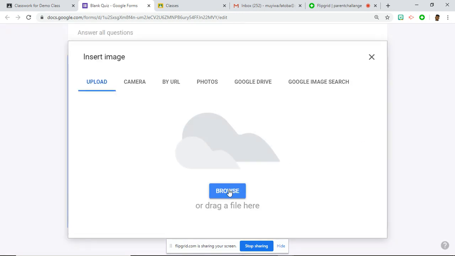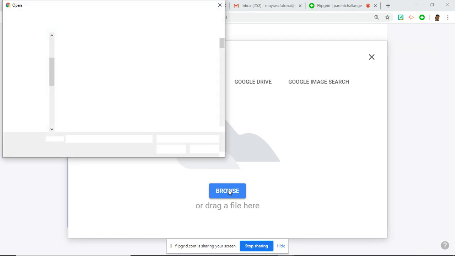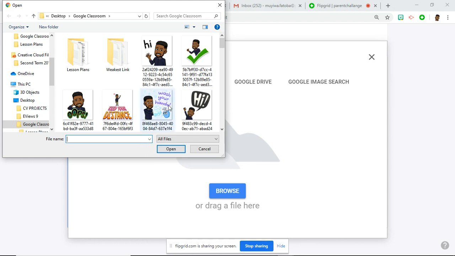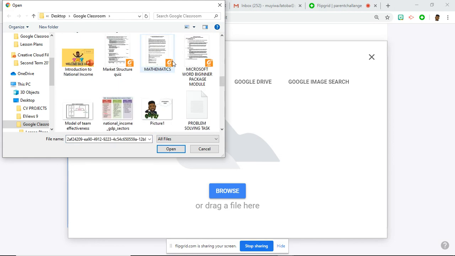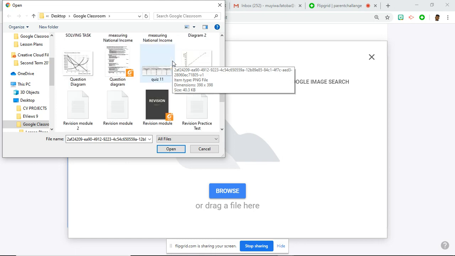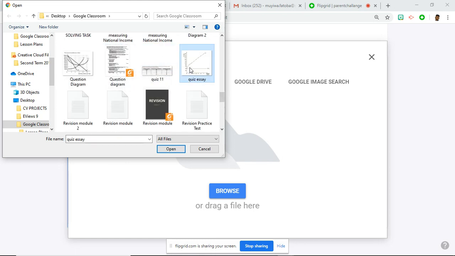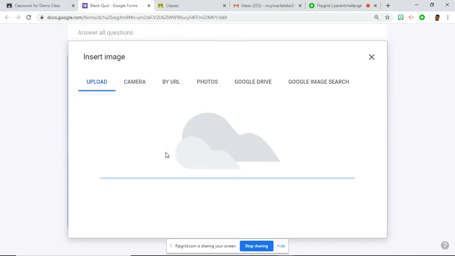So, insert image. Let me look for an image on my system that I want to test. I must have prepared that image and saved it in my Google Classroom folder, for example. I teach econs, so I'm going to select this econs image, like I titled the quiz essay. I'm going to use this image to ask them a question,